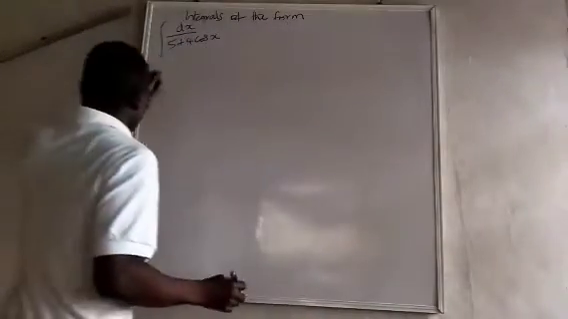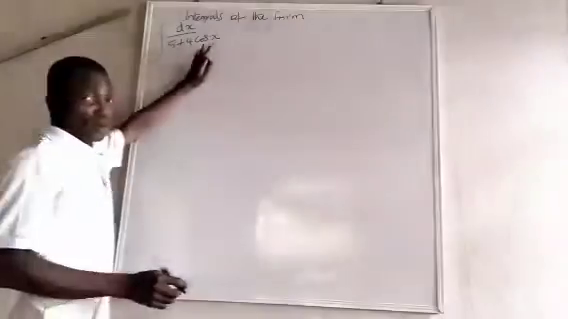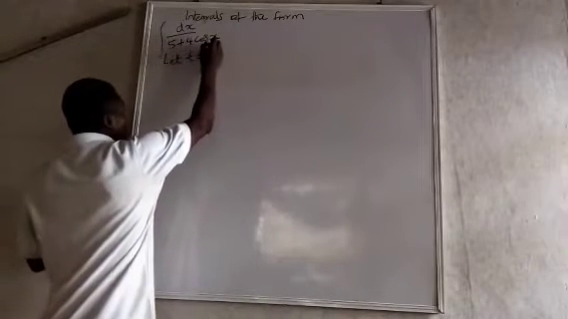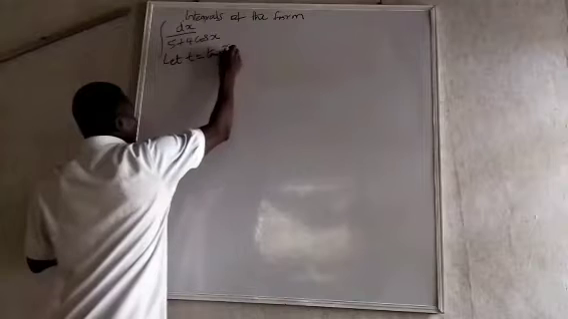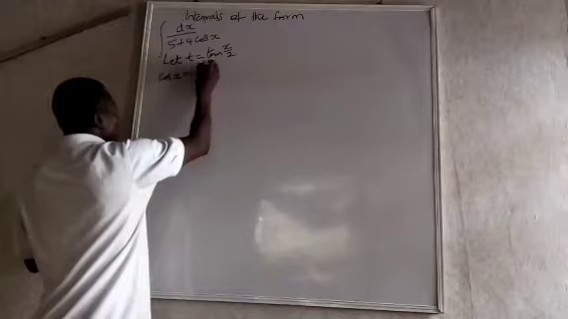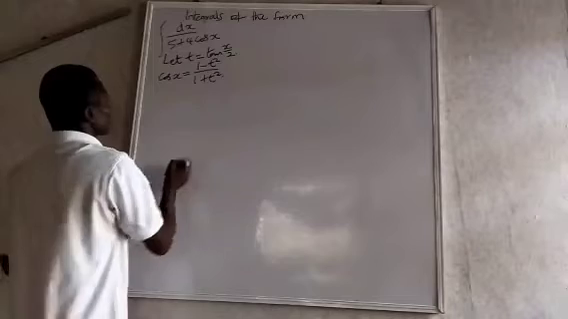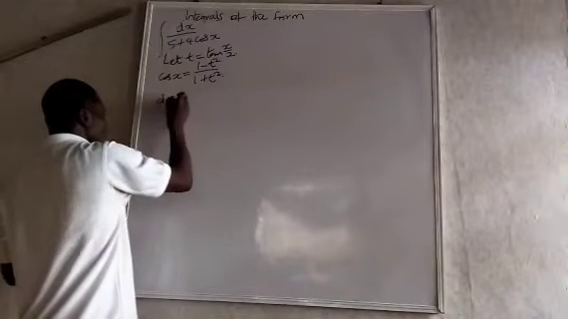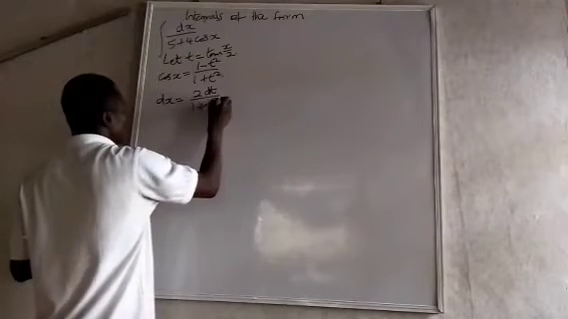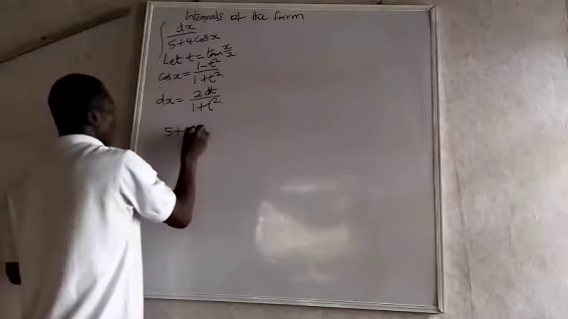Now we have this example. To integrate 1 over 5 plus 4 cos x. In this instance, we let t be equal to tan x over 2. So cos x will be equal to 1 minus t squared over 1 plus t squared. dx will be equal to 2 dt over 1 plus t squared. So let's work this out. Therefore, 5 plus 4 cos x